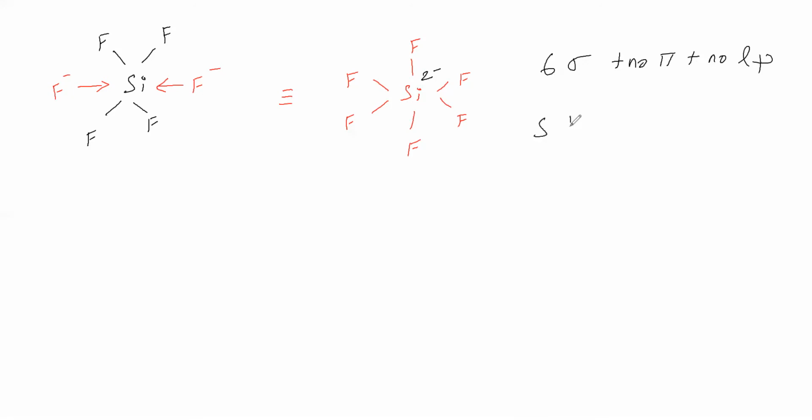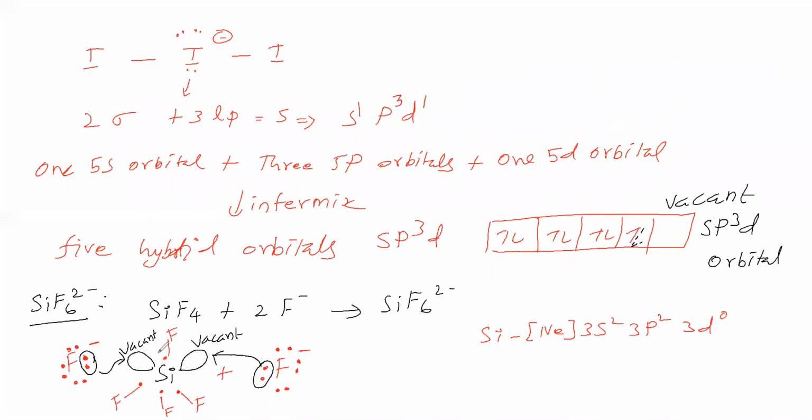So how to say the hybridization? Write s, p, d. Now take 6 and go to s; for s you give 1, for p you give 3, and the remaining you give to d. Therefore, the hybridization of silicon is sp3d2. This silicon is providing sp3d2 vacant hybrid orbitals for dative bonding. Similarly, on this side one sp3d2 vacant orbital it has provided for dative bonding.